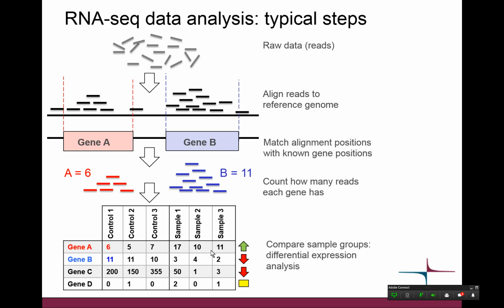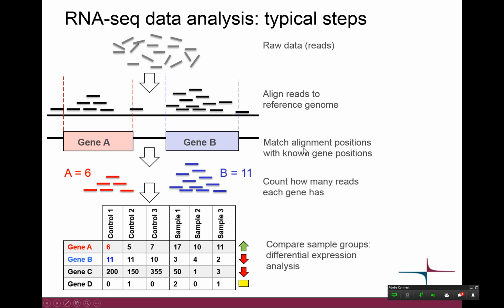So okay, here in this image on the top, you can see the gray reads. So that's your raw data that you get from your sequencing facility or your sequencing device. So it's small parts of your original RNA. The first thing that you have to do, well, of course, you can do some pre-processing and some quality control there. But the first actual step that you do, you align those reads to the reference genome. So the black bar here represents the reference genome, and these black bars are now your reads that you're aligning